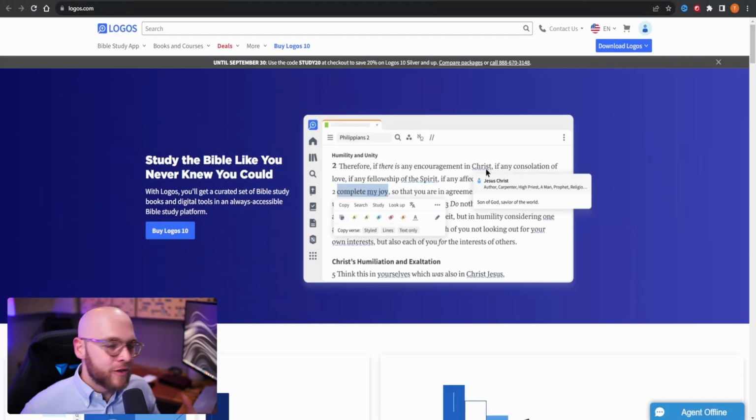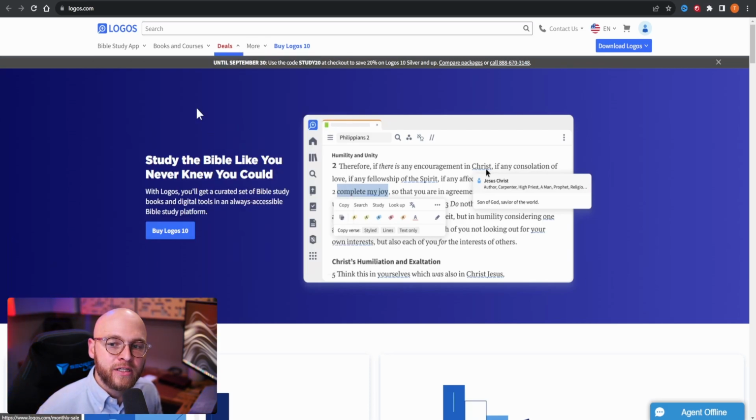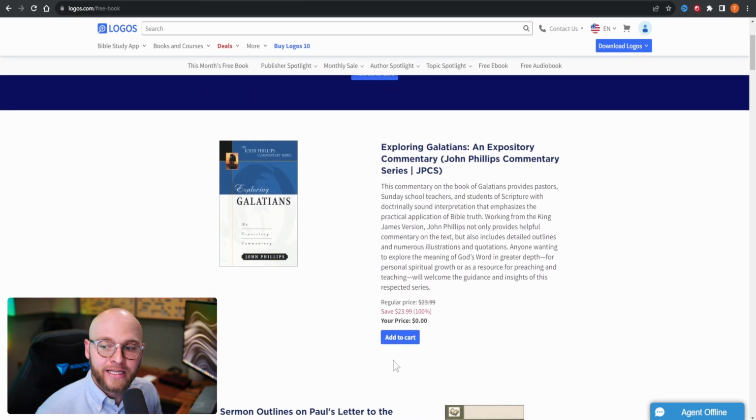for very cheap. So the number one tip in this regard is going to be to utilize the free books that are offered each month. But there's not just one free book. No, there are 3 of them. Many of you may not know that. If you go to the Logos website and you navigate to deals, you can click on this month's free book and more. And the first book offered on the list is going to be entirely